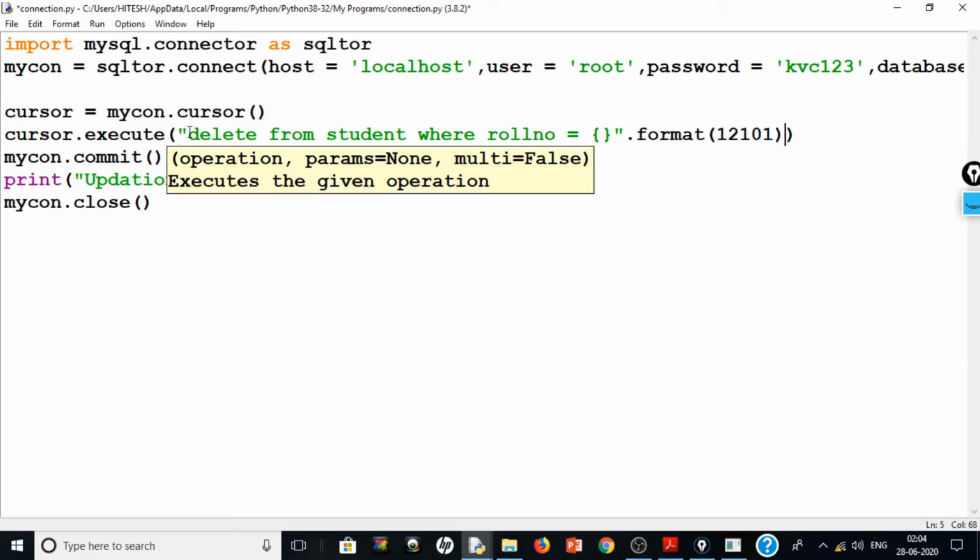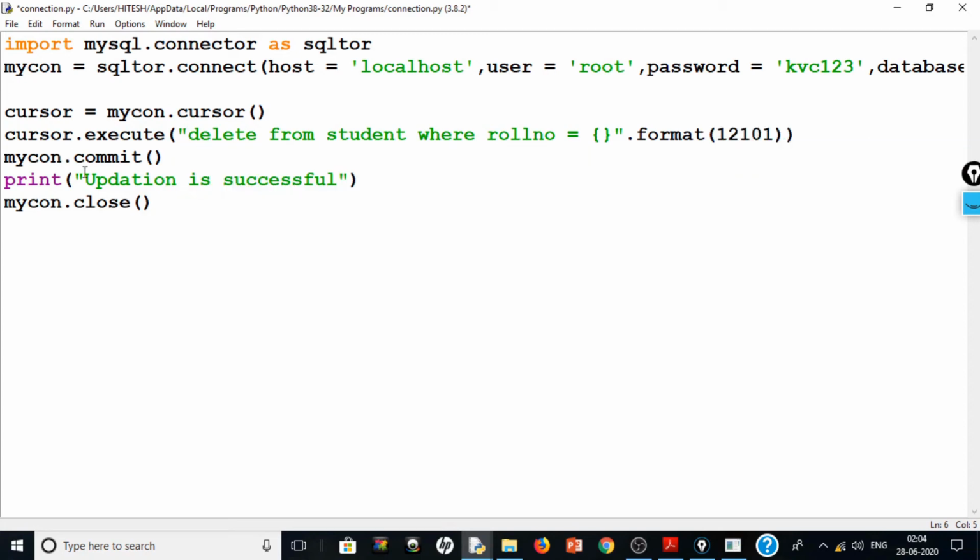Another bracket is required. Then mycon.commit, and we can say data deleted successfully,